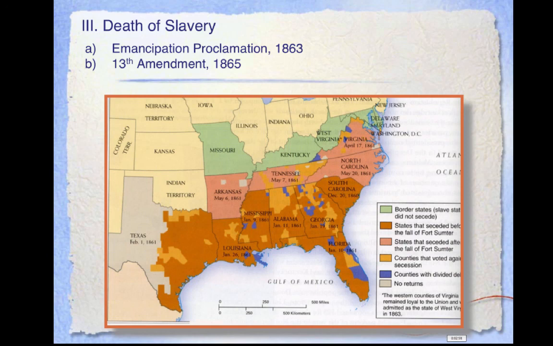The amendment won approval in both the House of Representatives and the Senate, and was swiftly ratified by the states. But only Union states were allowed to vote. Although the institution of slavery ended, this amendment did not speak to the treatment of former slaves. Issues related to protection of freedmen, the name used for former slaves, had to wait for further action.